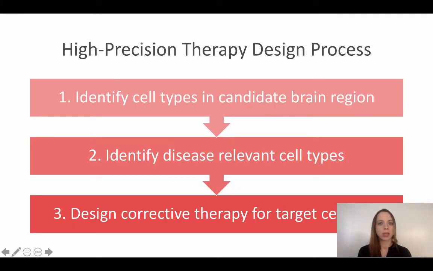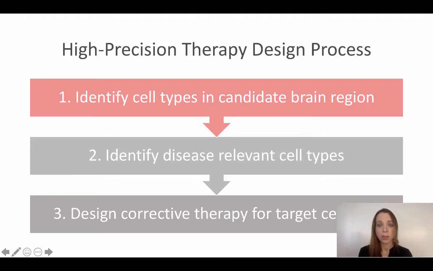In this talk, I will tell you how we solve this problem in 3 steps. First, I will discuss how we identify cell populations in brain structures implicated in a disease. Secondly, I will tell you how we identify disease-relevant cell types. And finally, I will outline how to design corrective therapies for target cell types. In this talk, I will focus on pain conditions, but this approach is applicable for a broad spectrum of neurological